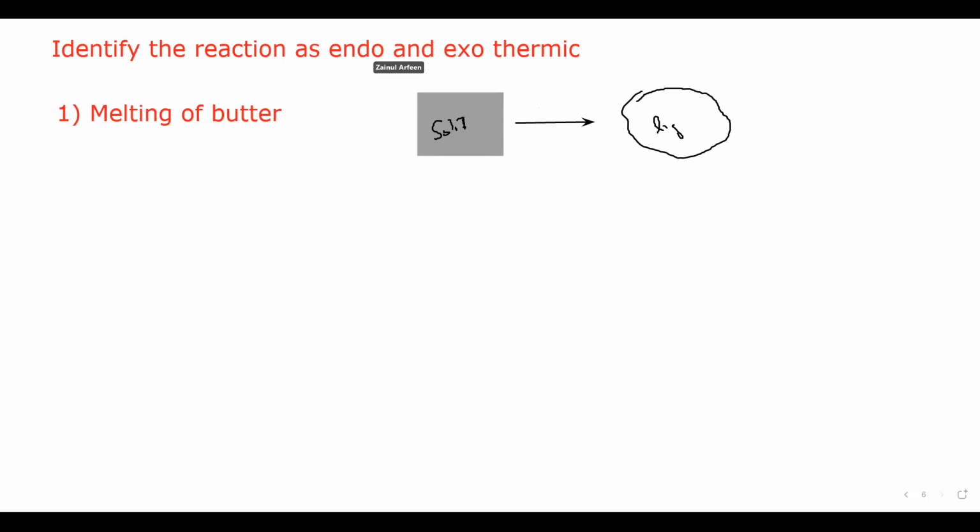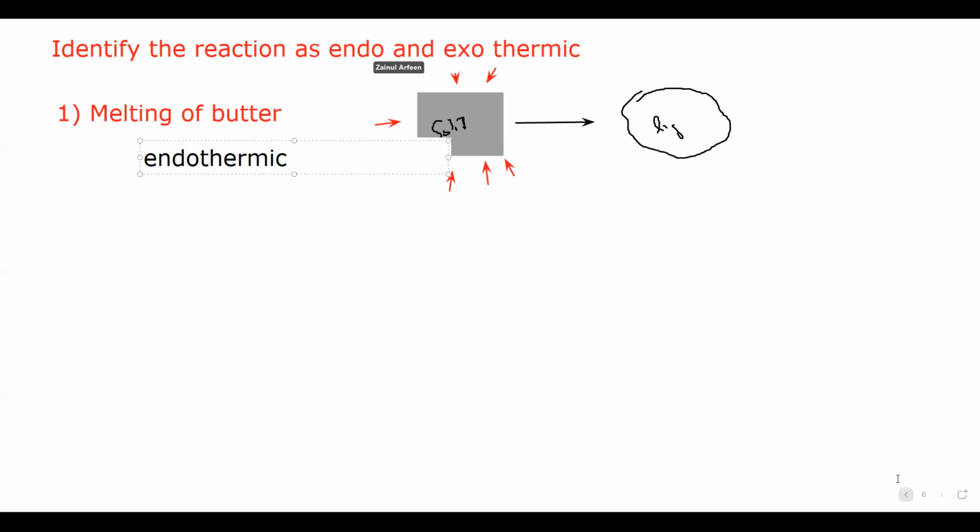By absorbing the energy. So melting of the butter is an example of an endothermic reaction, because the butter will absorb energy, the particles of the butter move away from each other and it will change the state. So the answer for melting of butter is endothermic. Is it clear, the first example? And I just mentioned,